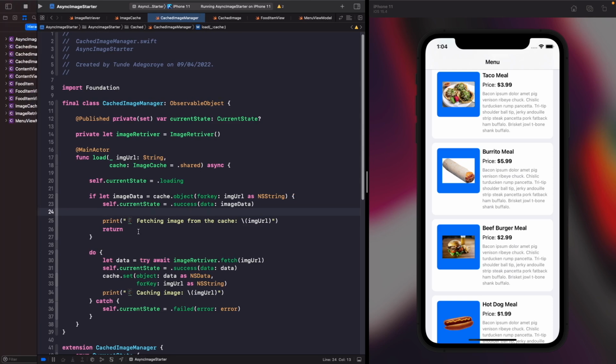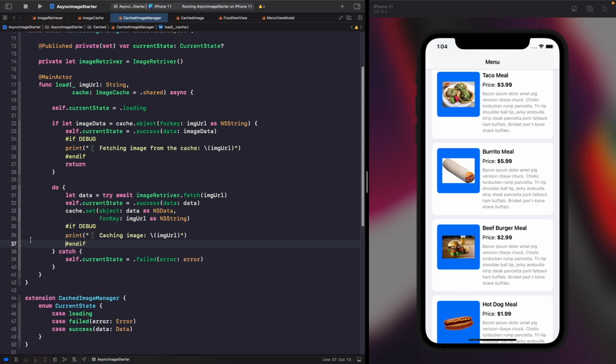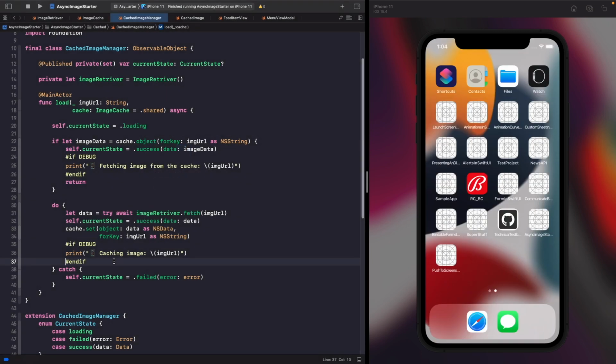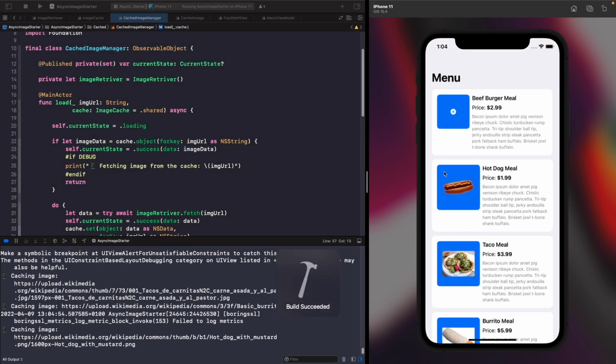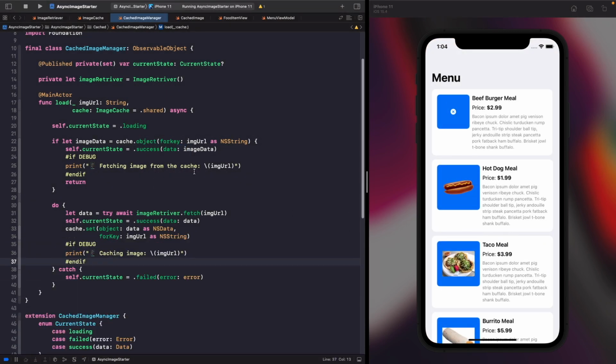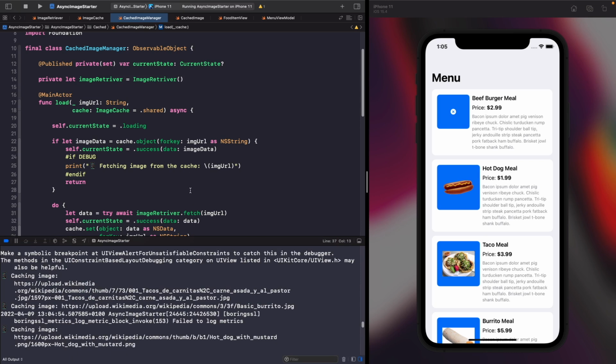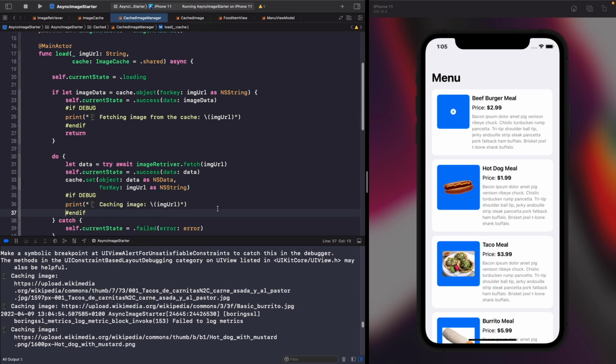So once you do that, you just want to use the hashtag symbol. So now, if we just run this, you'll see that our app works the exact same way. The only difference is that because we're running this on Xcode, this will print it out to the console. But if we were to release this to the App Store, these print statements will not appear